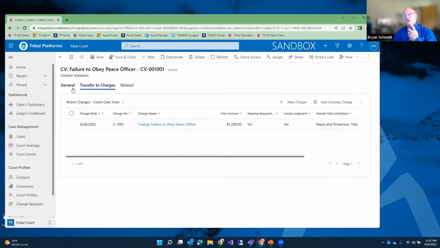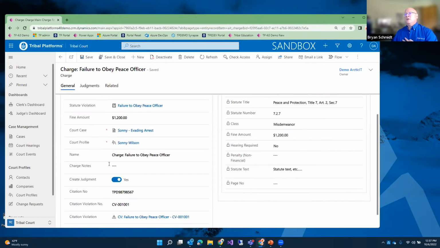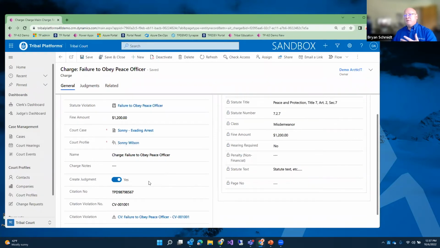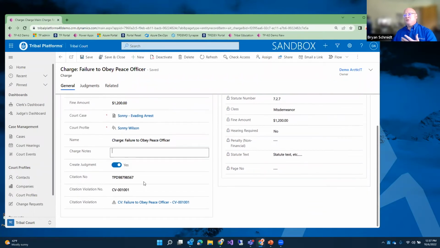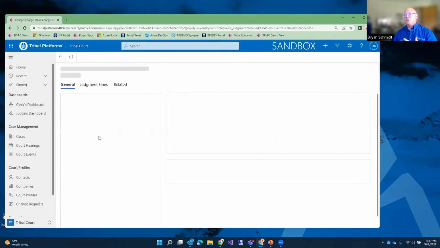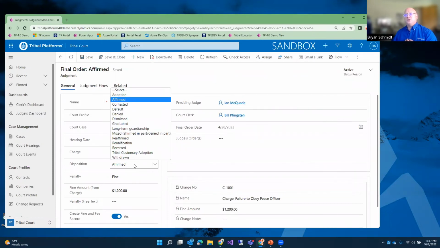By clicking the option, it automatically creates this charge record, and then this is reviewed by the judge, and from here they can say what the outcome of this is, and then they can add additional notes, and from here they can then create the actual judgment. So the judgment gets affirmed in this case, or goes through a process to assign what that disposition is for this judgment on that citation or that violation.